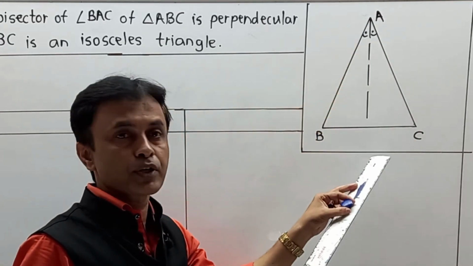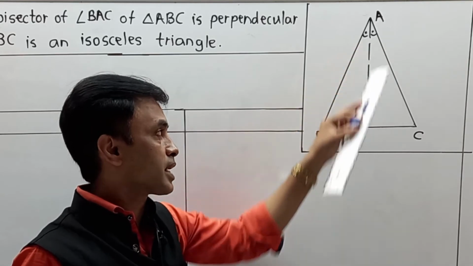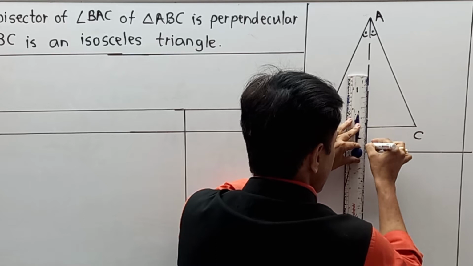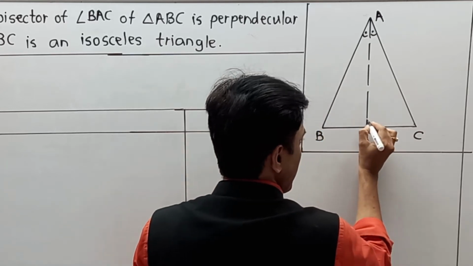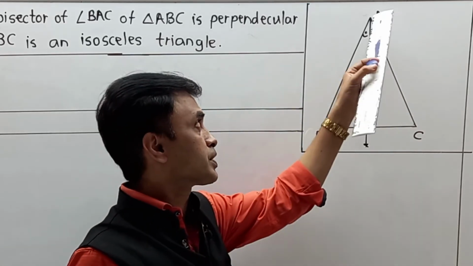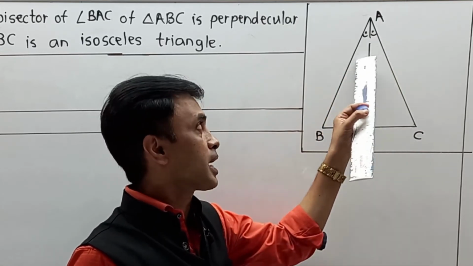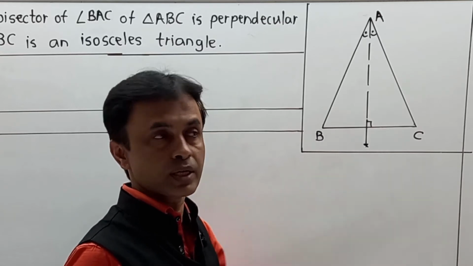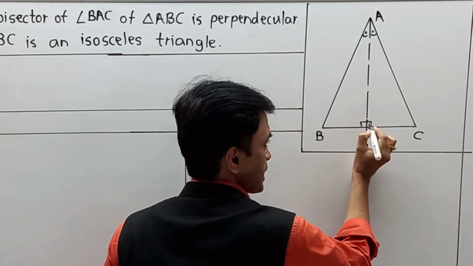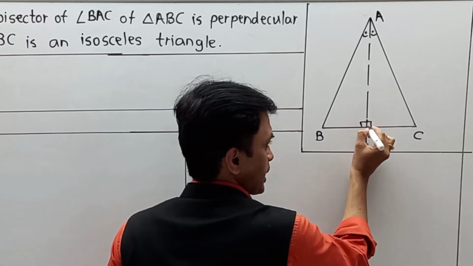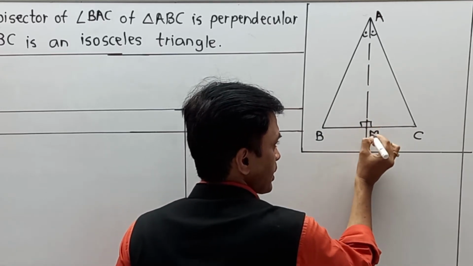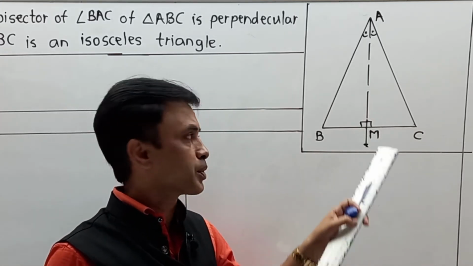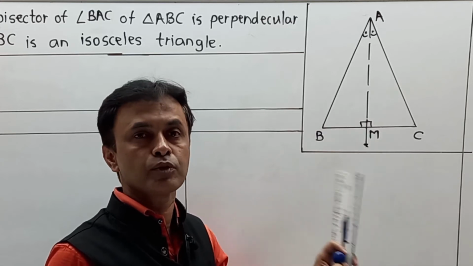Whatever line or ray we draw, this is an angle bisector, and it goes forward and becomes perpendicular. This is perpendicular over here. First of all we drew the angle bisector, but this angle bisector is perpendicular over here. I repeat, the word perpendicular is over here. It means this angle is 90 degrees, or its adjacent is 90. Let us say I indicate this point as point M. As they have not mentioned any point, I have decided to take the point M over here. You can write E, D, F, P, whatever letter you want.